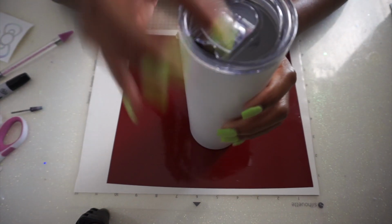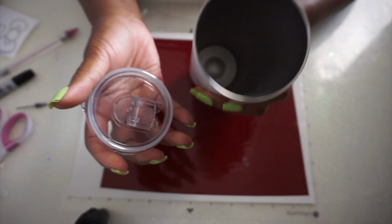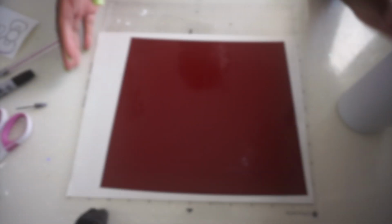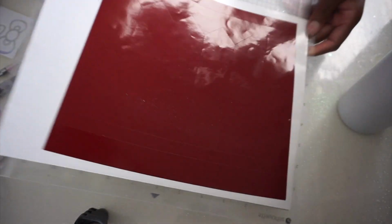And I was pretty die hard about my fanaticism, if that's even a word, with Hog. But honestly, I was a big fan of their 20-ounce and their 30-ounce skinny tumblers. I've used them many a times on this channel, and they discontinued the design. Anyways, and so I'm also using this pencil cup